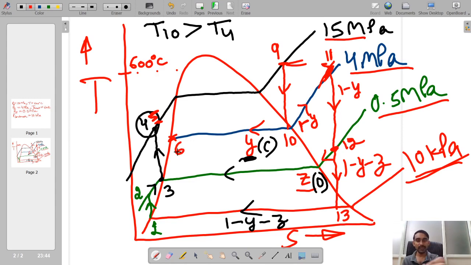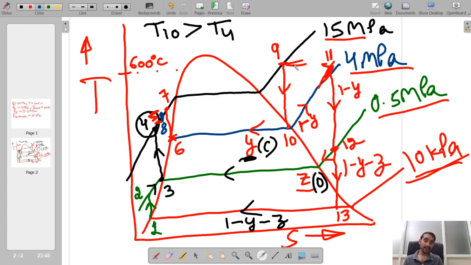After that, I will be employing a pump which will be pumping this Y fraction from this intermediate pressure of 4 megapascals to the boiler pressure. So this will be my next 6 to 7 process, and then this 5 and 7 will be allowed to mix in a mixing chamber, and after mixing we will be getting some intermediate state. Say I am representing with this blue dot over here state number 8. Okay, and then the process of 8 to 9 will be happening inside our boiler.